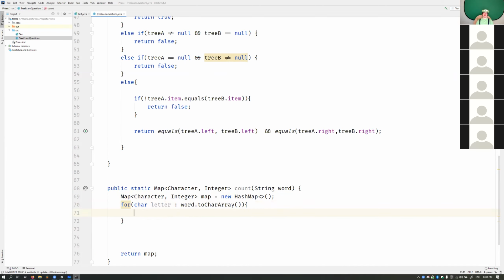Okay, so for every letter in that array, or in that string, let's go ahead and ask, have we seen it before? Have we not seen it yet? If letter, I was about to write "not in", but that's how you do it in Python. So map.contains key letter. So do we have that? Have we seen this yet? Is this a thing? If map does not contain this key yet,